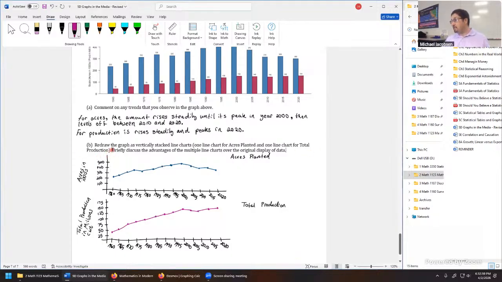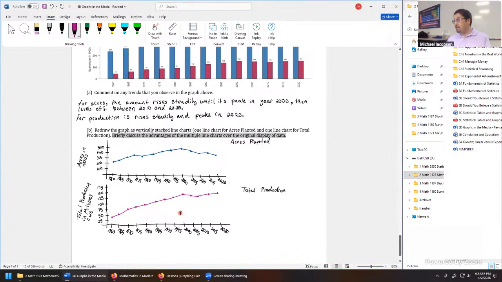But once we get there, the follow-up question asks us to briefly discuss the advantages of multiple line charts over the original display of the data. And I guess there's a lot you could say here. I mean, there's less visual noise if you're looking at just one variable against the other in this kind of way. The one thing I mentioned all along is one major advantage